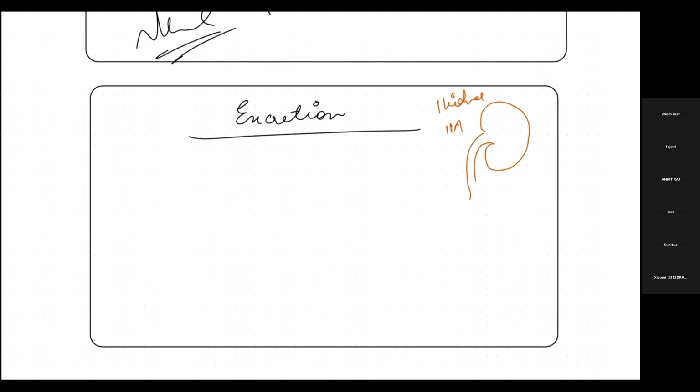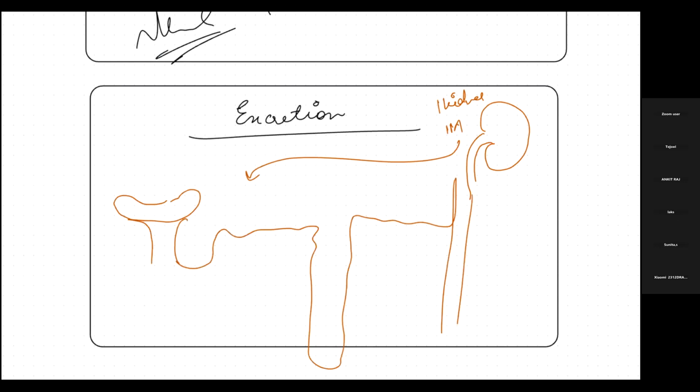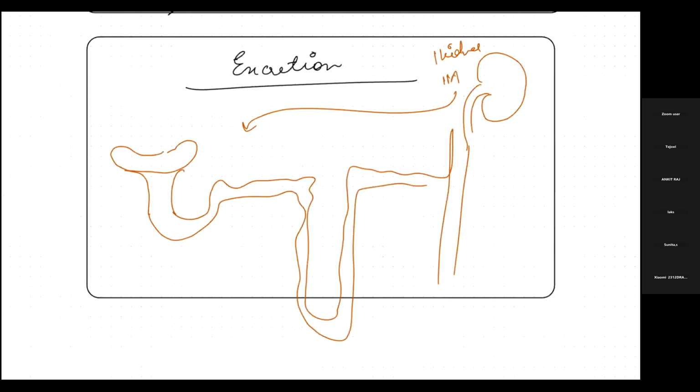So what are nephrons? We know the structure, it looks like this. The glomerulus is there, then we have the PCT, the loop of Henle, the DCT, and the collecting tube. So this is the structure of the nephron. This is the place where actually the excretion happens. So this renal